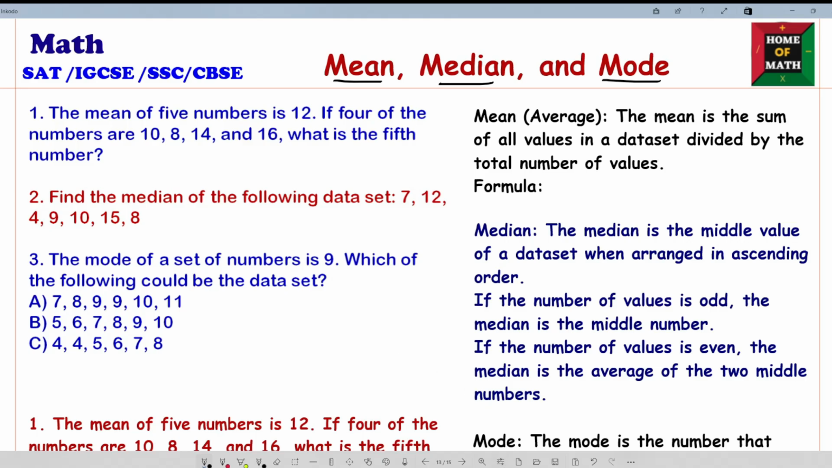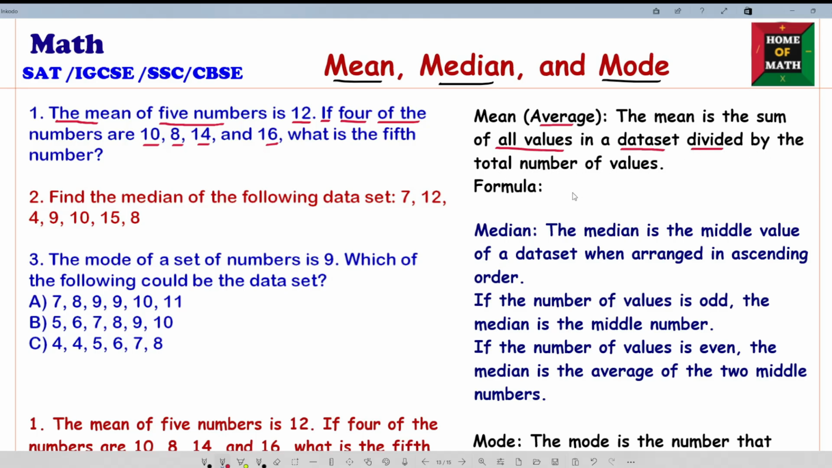Let's start. Our first question: the mean of 5 numbers is 12. If 4 of the numbers are 10, 8, 14, 16, what is the fifth number? First, we have to know about mean. Mean, also called average. The mean is the sum of all values in a data set divided by the total